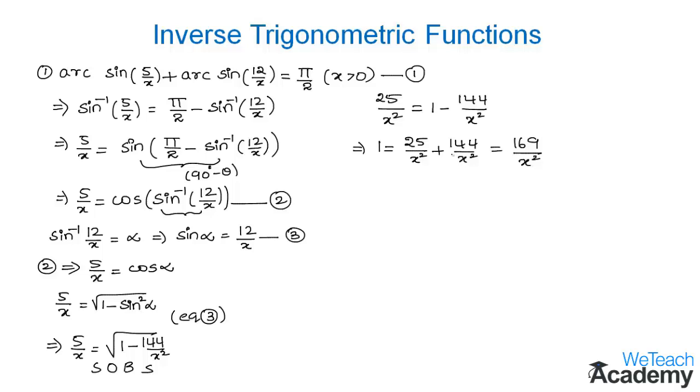So here we get 1 equal to 169 divided by x square, and then transferring x square to the left hand side, we get x square is equal to 169. So that implies x will be equal to square root of 169, which is plus or minus 13. So we have two values of x, but the given condition is x is greater than 0. So therefore we can say that the value of x is equal to 13. And now let us consider one more example.